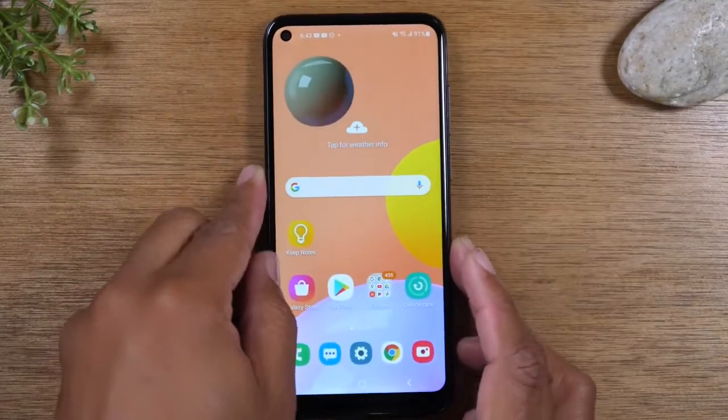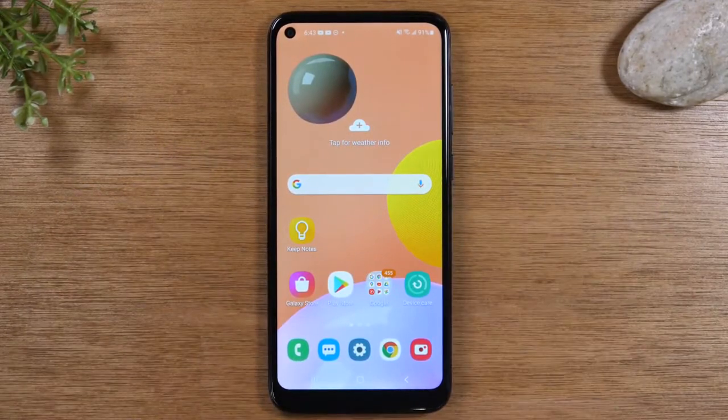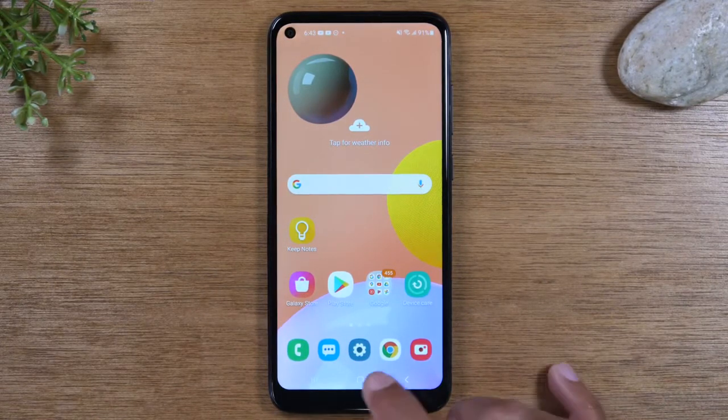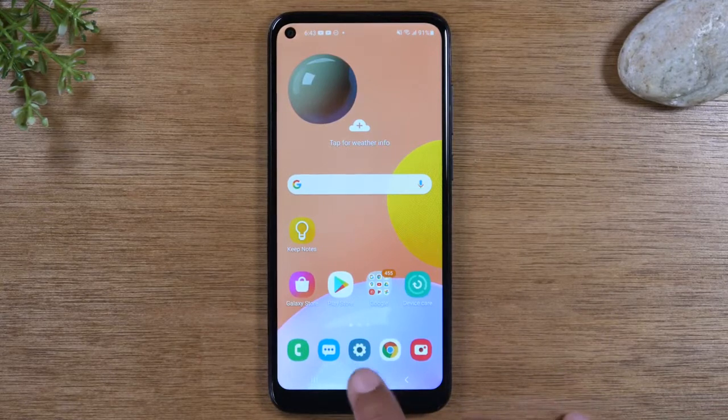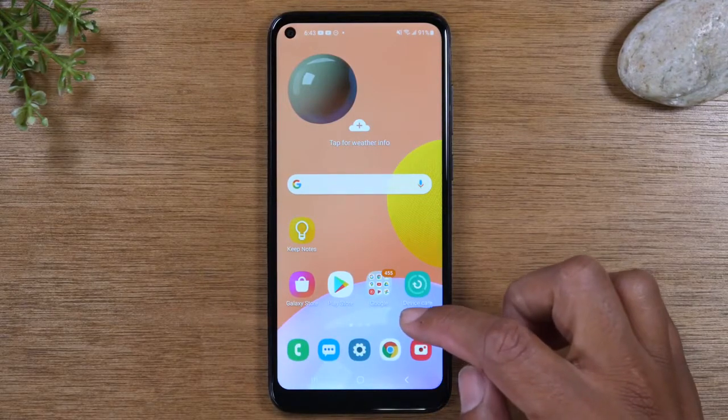So next, let's talk about how to navigate the screen. Now, at the bottom of the screen, you'll find these three buttons here. A menu button, home button, and a back button. Now your home button, the little circle at the bottom here, is always going to take you back to this main screen. So if I open up, for example,